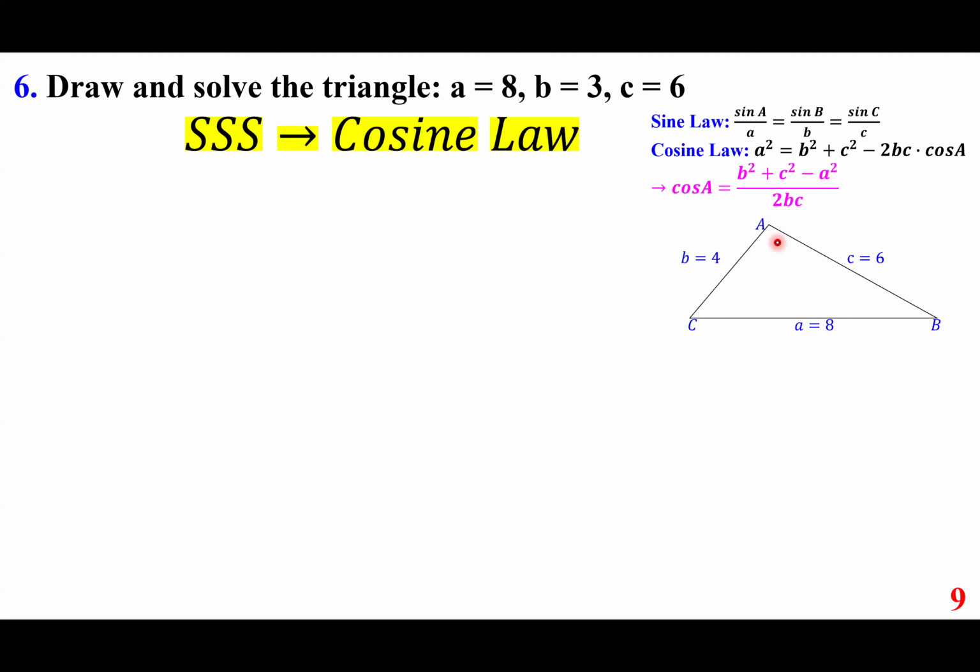So when that happens, you have to go with this formula. Remember, the law of cosines: A squared equals B squared plus C squared minus 2BC cosine A. And as you recall, Pythagorean theorem is a special case of that. And for that, if you solve for cosine A, which is B squared plus C squared minus A squared over 2BC, you can find one of the angles, and then you continue with the next one, and so on and so forth. So using that formula, plug in B squared plus C squared